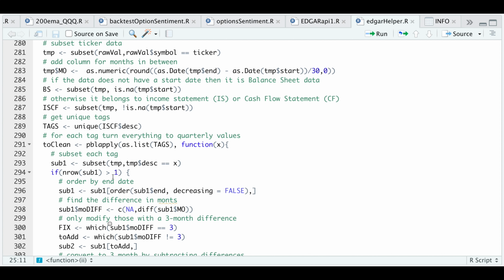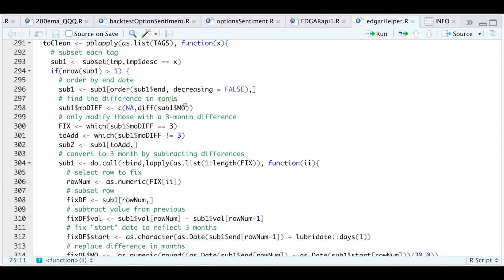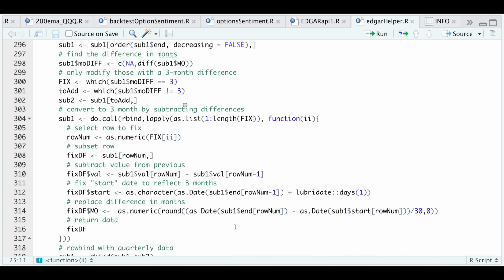So first we test whether or not the number of rows is greater than 1. If it is, then I'm going to sort by end date. This will guarantee that all our data is in order. I'm going to find the difference in months. All right, the next thing is to modify and convert these to quarterly data by finding the differences in between the values. So for each of the values we need to fix, I'm going to subset by row, subtract from the previous row, fix the start date to reflect 3 months, also adjust the difference in months, and finally return